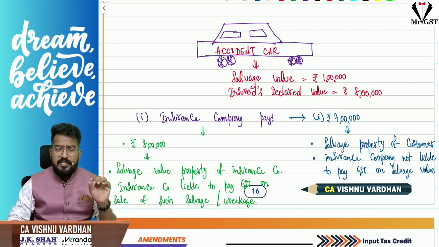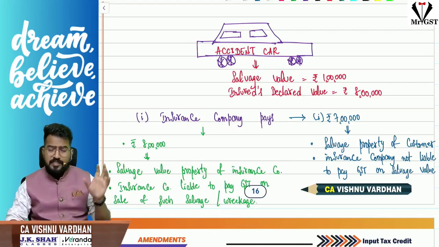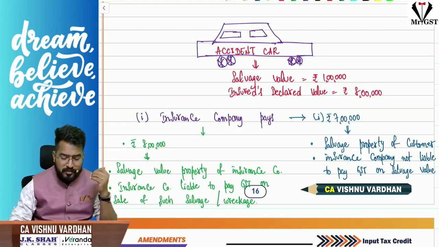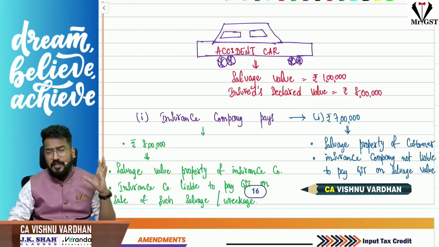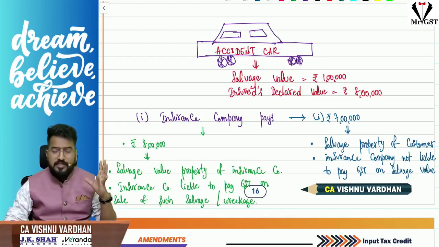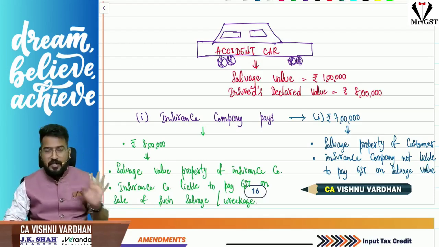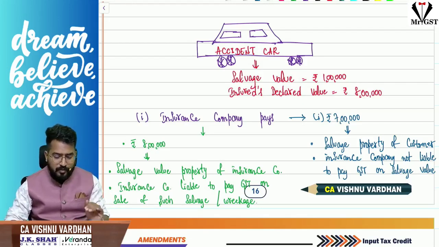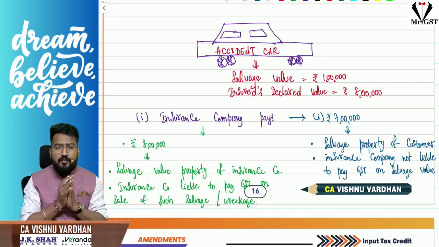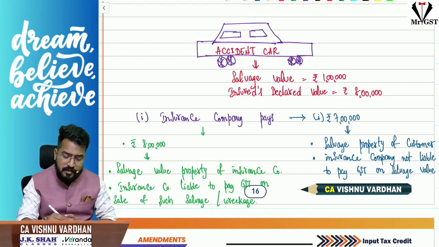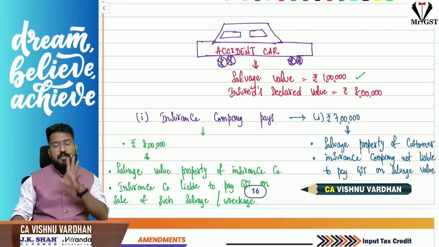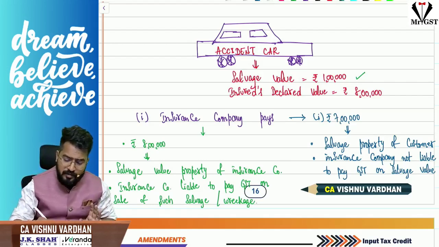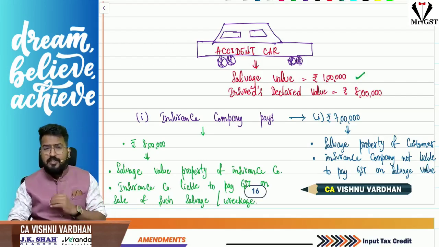Now imagine while taking insurance on the car, that person has declared the value of the car as 8 lakh rupees, and on that he has taken insurance. Now this car is subjected to an accident, completely gone. Now there is a total loss, and if you sell that now, you will get 1 lakh. That is the salvage value or wreckage value of that car. Now the insurance company is paying the customer based on that, and the tax treatment for this salvage value will be determined accordingly. Now the doubt is whether the insurance company has to discharge GST liability when this salvage or wreckage has been sold